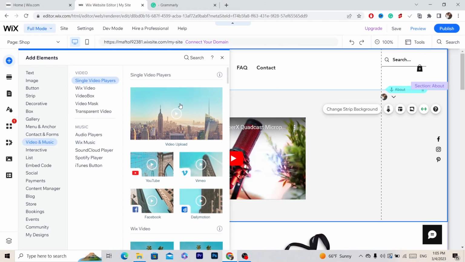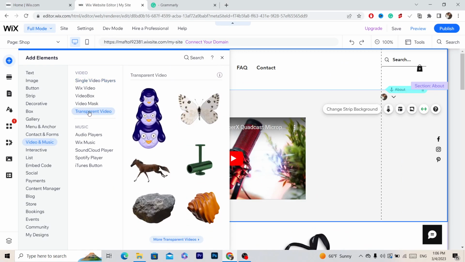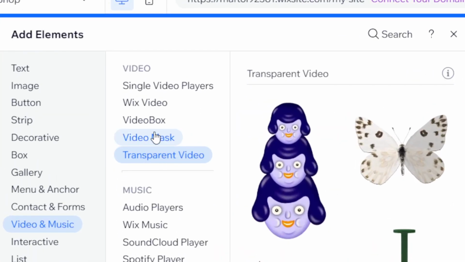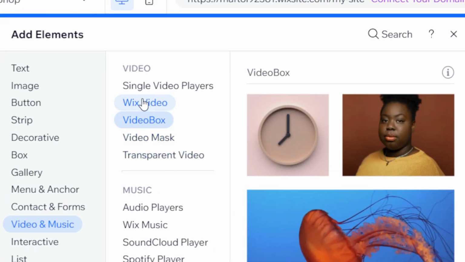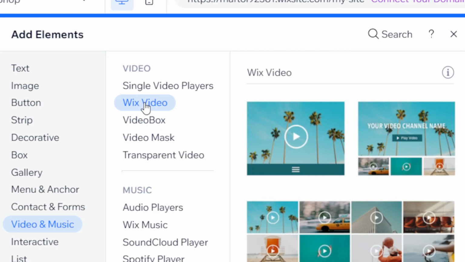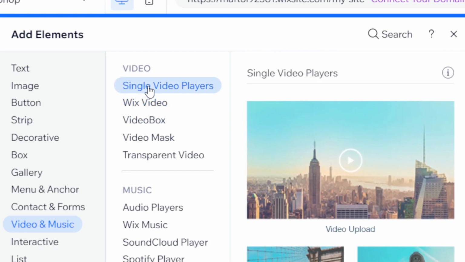Now after that guys, it will give you a few different options. As you can see, transparent. If you want to add transparent video, you can add it. As you can see, if you want to add video box, if you want to add Wix video. But for a lot of people, like most people who are going to watch this video, they want to add